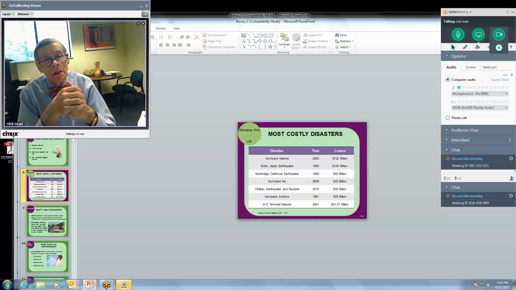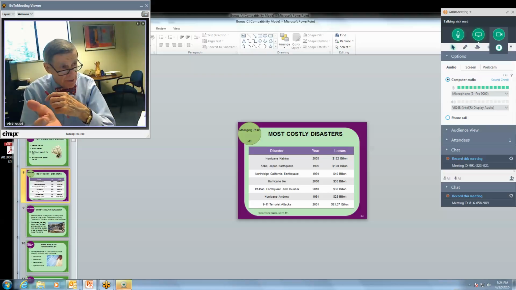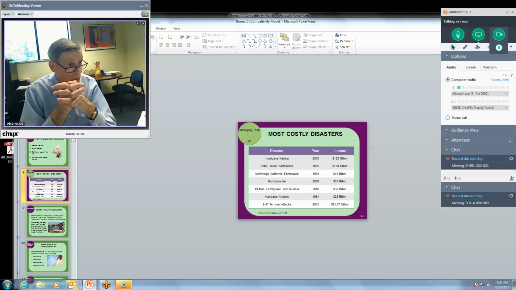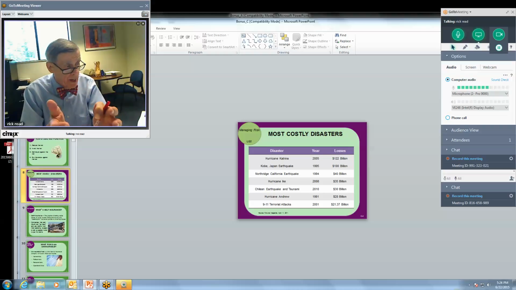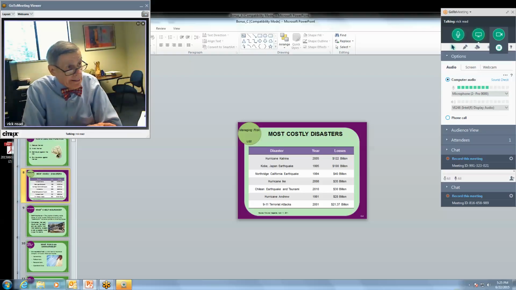This particular slide talks about the most costly disasters in the United States, headed by Hurricane Katrina in 2005, a loss of $122 billion. Now remember, this goes back to 2011, so it's 4 years old. You can see on the bottom, it's April the 11th, 2011. So maybe we've had something even greater than that. So we buy insurance in some cases to cover that. And many of these hurricanes are on here, of course, there's earthquakes as well.